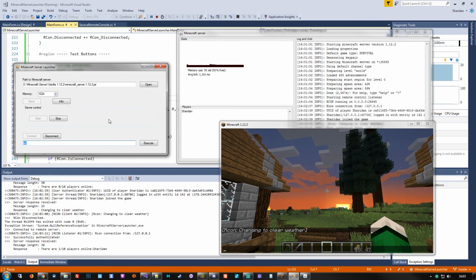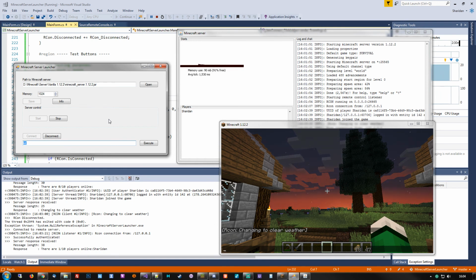And since we are now running the Archon protocol in a separate class, we have the option to reuse this code for whatever else that supports Archon. It doesn't exactly have to be for Minecraft. Valve has a couple of products that support Archon, and I know a couple of other game servers also support this protocol. So in essence, this one single class now more or less fully supports any environment that runs with this particular protocol,